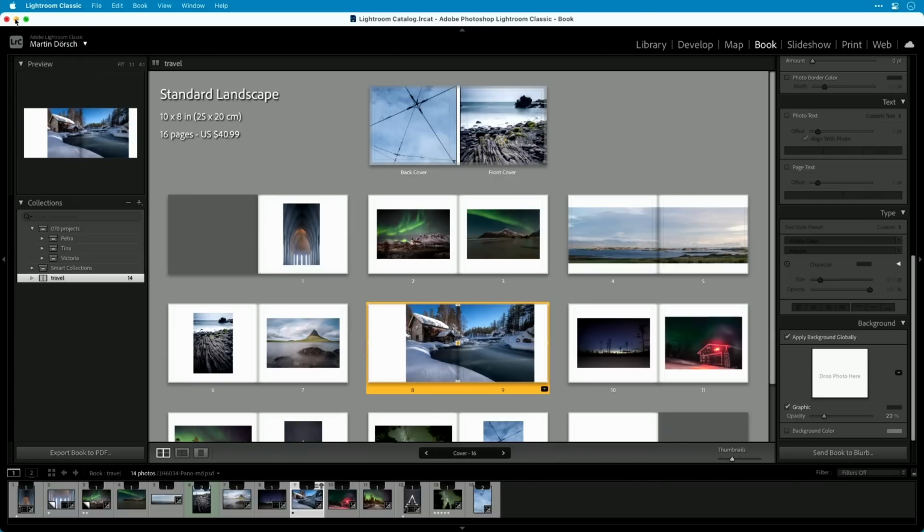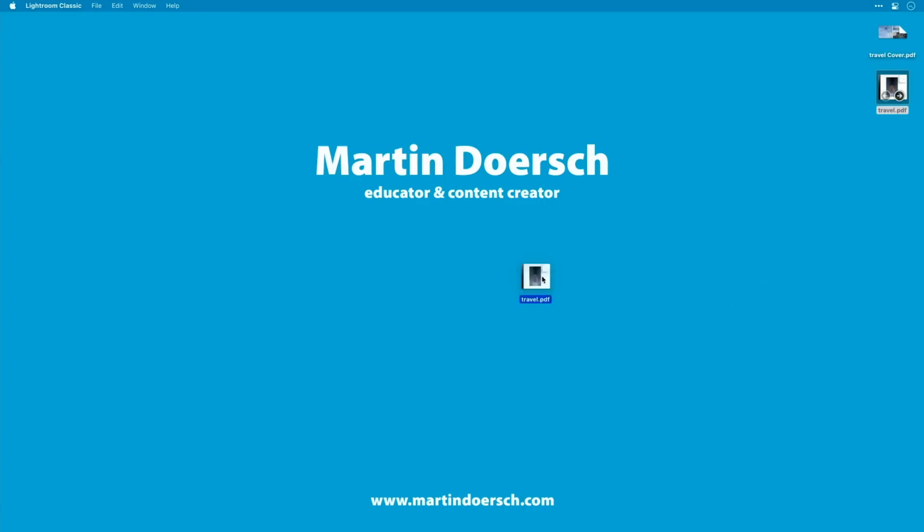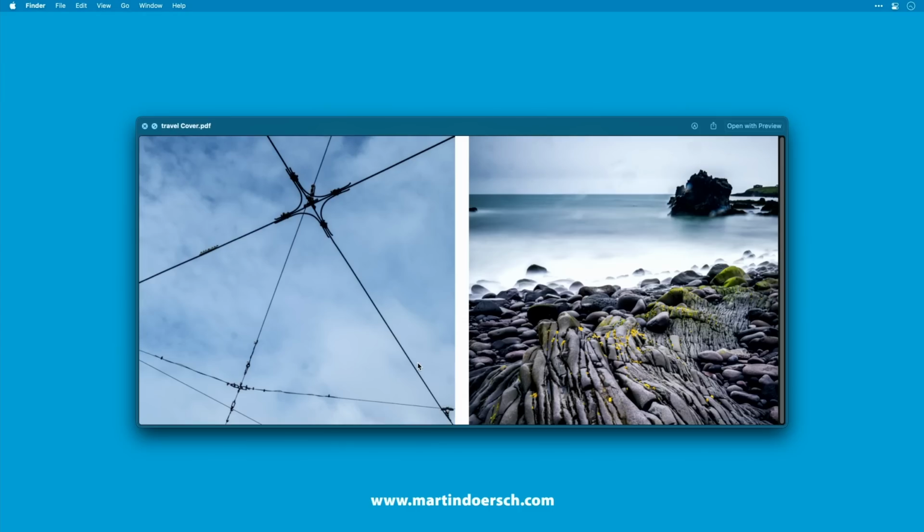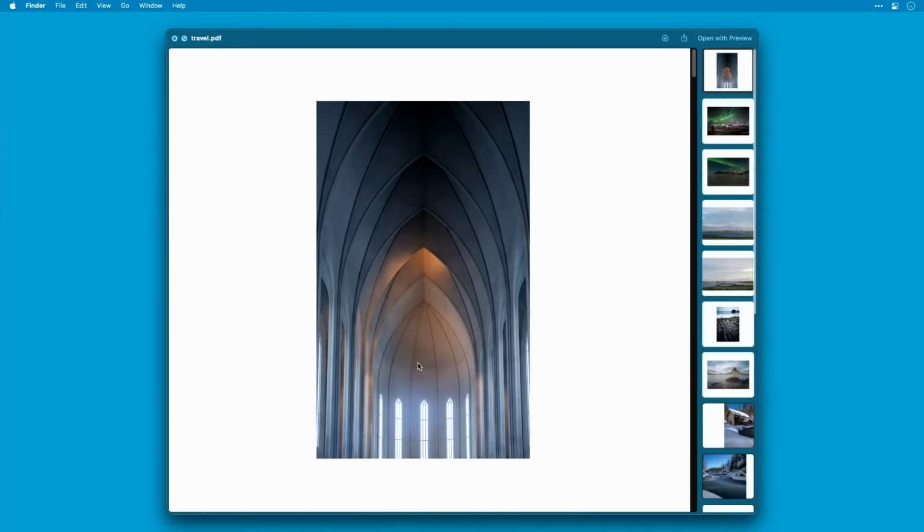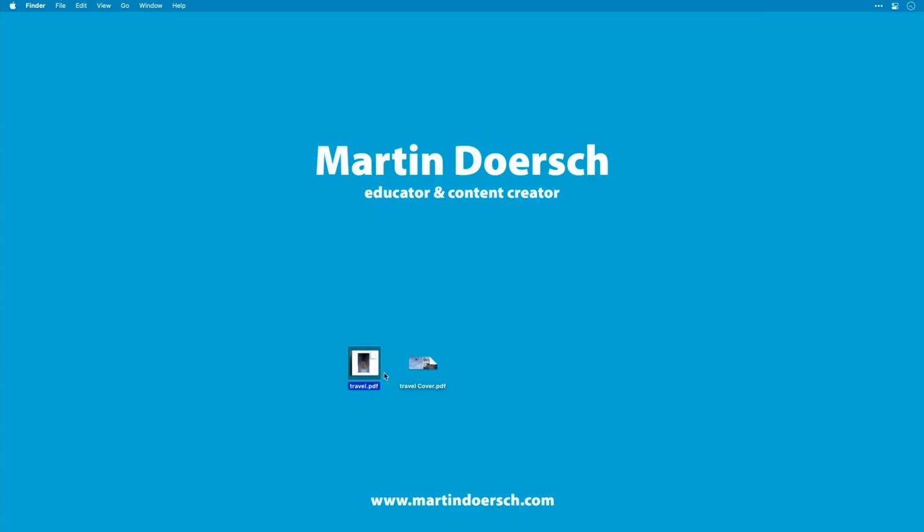And the cool thing to know is, if you have exported, you have the travel book and the travel cover. And this is the cover and this is the book inside. And the nice thing is you can log into Blurb and just upload these two PDF files and then it works. And this was exactly how I have done it, because the upload directly inside Lightroom failed for me